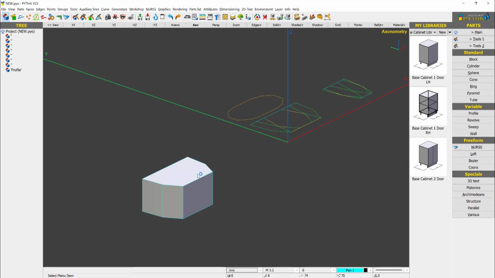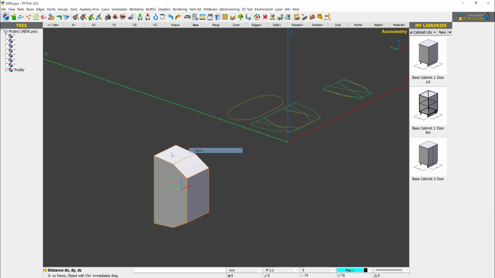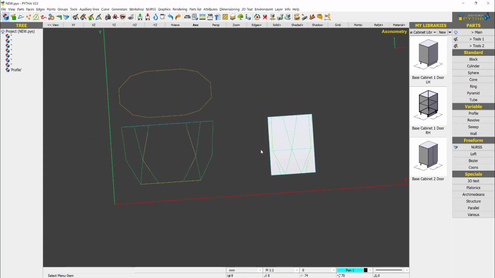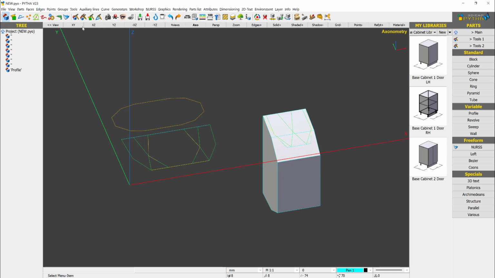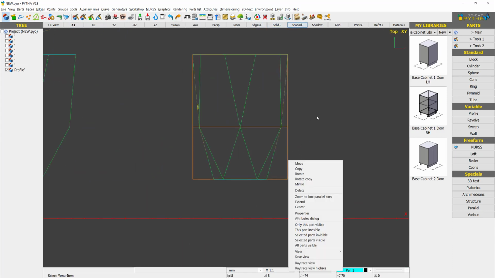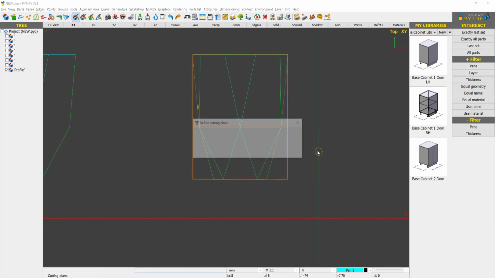Next, I'm going to rotate this diagram, this figure, and I'm going to move it edge center to edge center. So what happens now is that I'm imposing this view over. Okay, and if I look at my top view and I turn off my shaded, I can see the blue area. It's the figure. Okay, so what I can do right now, I can use tools like cutting plane, select this, say ruler,